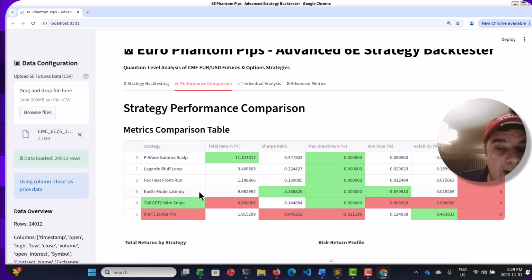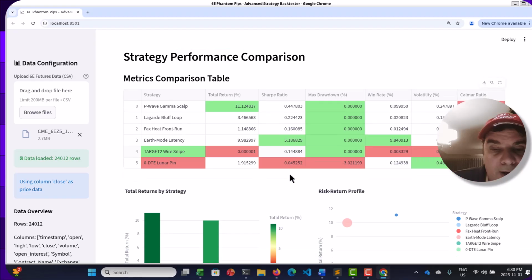So if I look at the performance comparison, we see here the highest Sharpe that we can get is pretty killer right here at 5.18. Okay, now remember, this is real data over the last 3 weeks, futures data. So out of that, right there, that's probably the best strategy to go with for this data set and moving forward. And again, the win ratio is pretty good. The volatility is lower, so it's not bad. And let's check it out.